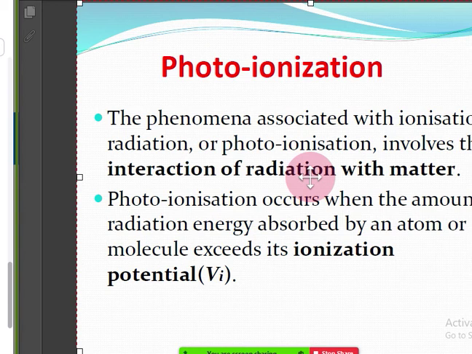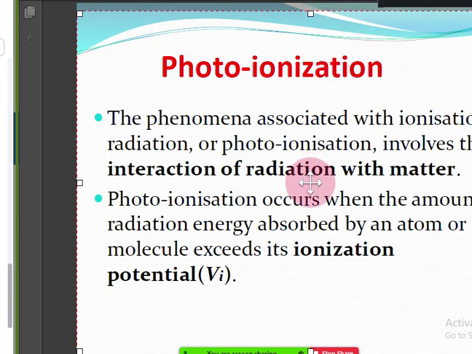So what is meant by photoionization? As the name indicates, photo means light. There are 3 processes because of which a breakdown of gas occurs. One is ionization by collision, the next one is photoionization, and the third one is secondary emission. Because of these, breakdown will occur.